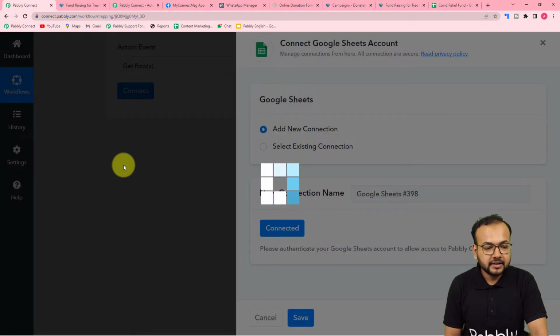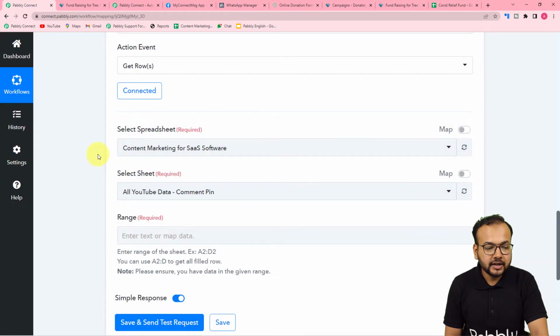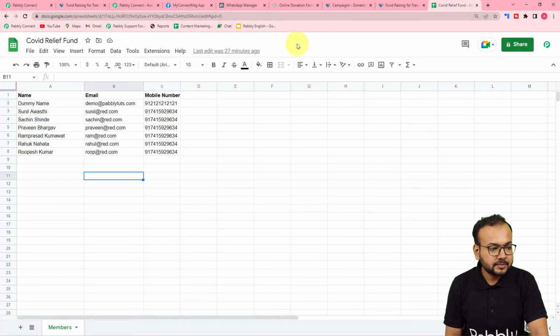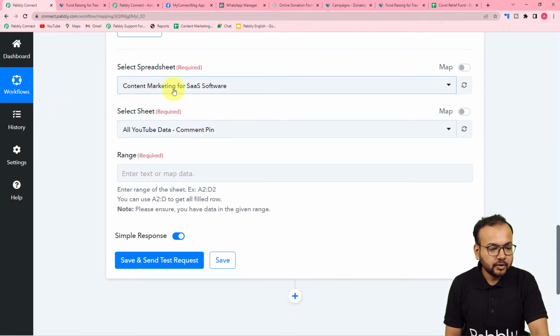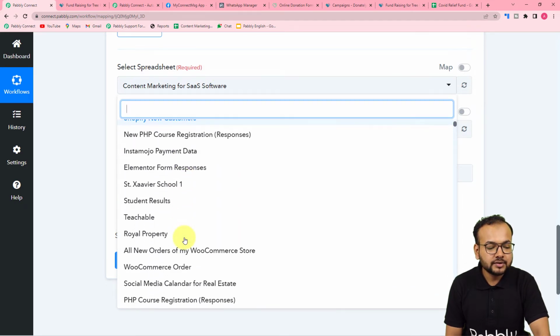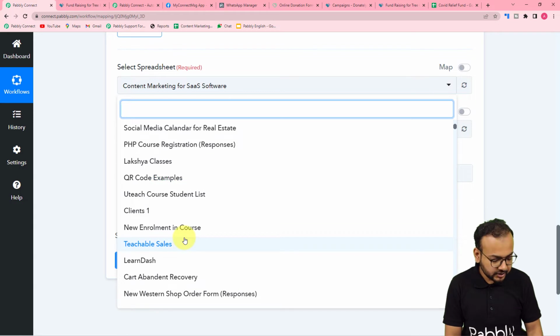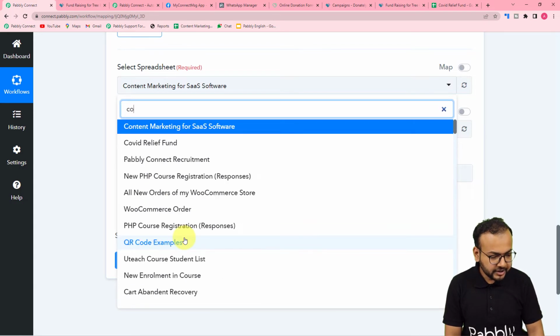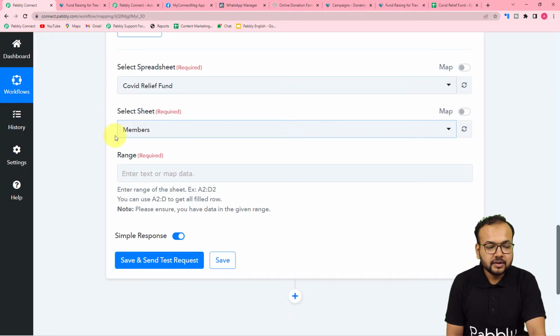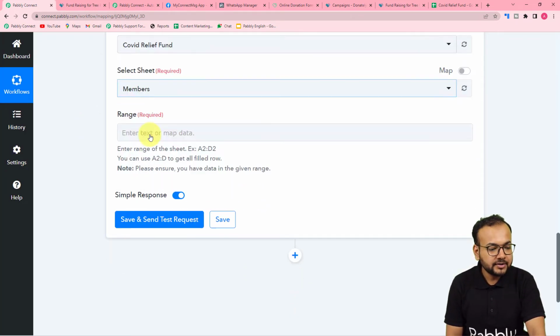So we are getting connected here. Okay, so we are connected now, and here it is asking to select the spreadsheet's name. So this is the spreadsheet, the name of which is COVID Relief Fund. Okay, and the sheet's name is members. Okay, so here I'm going to click here on this field, and it will show you the list of all the spreadsheets I have created in Google Sheets application. From here I'm going to search for my sheet, which is COVID Relief Fund, which is here. I have selected it, and you can see the sheet's name is here now, members,